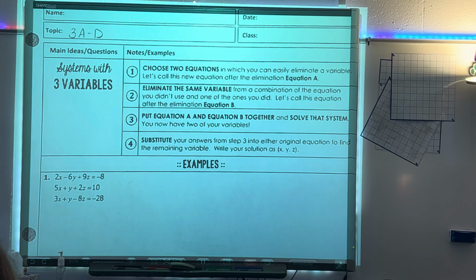So, alright. I'm going to look at this first problem. So the deal with a 3 variable